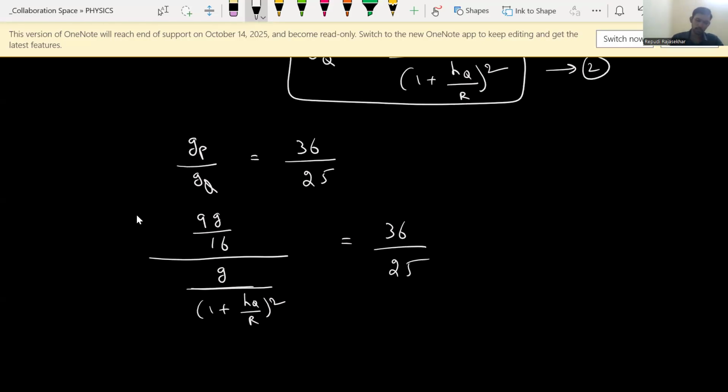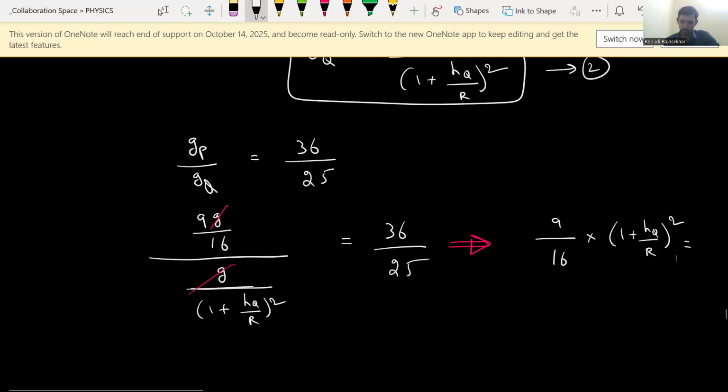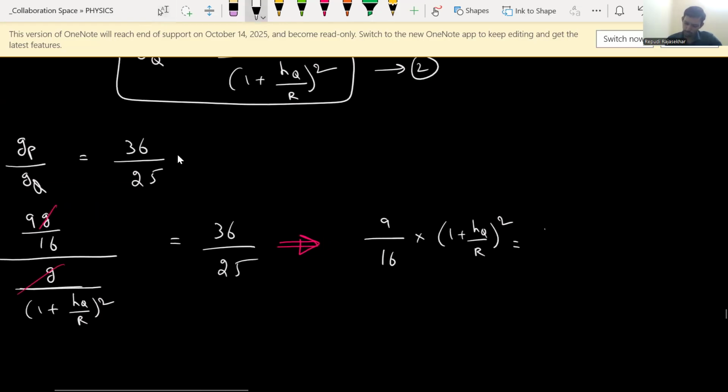Any terms get cancelled, make them cancel here. G value gets cancelled. Any other terms? No. So rewrite the equation step by step. I'll write 9 by 16 whole divided by 1 by (1 plus HQ by R) whole square, reciprocally it becomes 1 plus HQ by R whole square, equals 36 by 25. So 36 divided by 25, cancel the terms here, 9 one time, 9 four times, so 1 plus HQ by R whole square